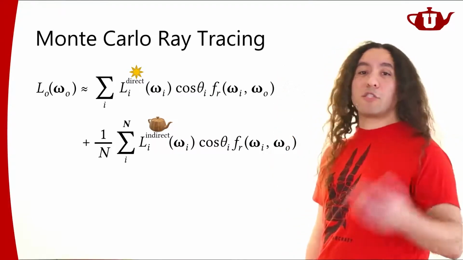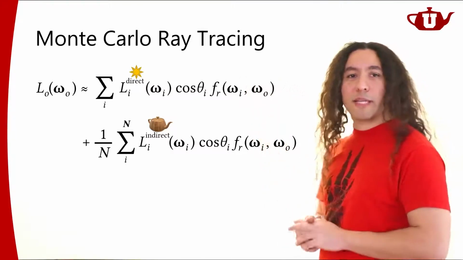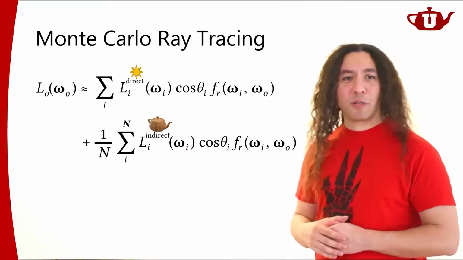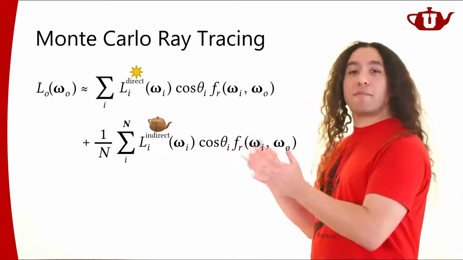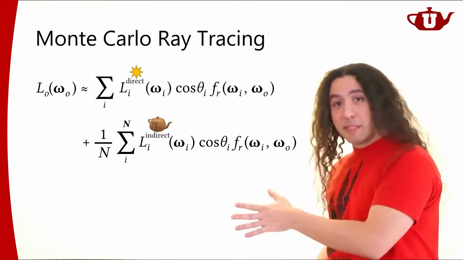So this was called distributed ray tracing. People came up with other names as well. Monte Carlo ray tracing is the name that I'm using here now. When you say Monte Carlo ray tracing, people will understand what you're talking about. So this is the concept, right? So here's how it works in this context.